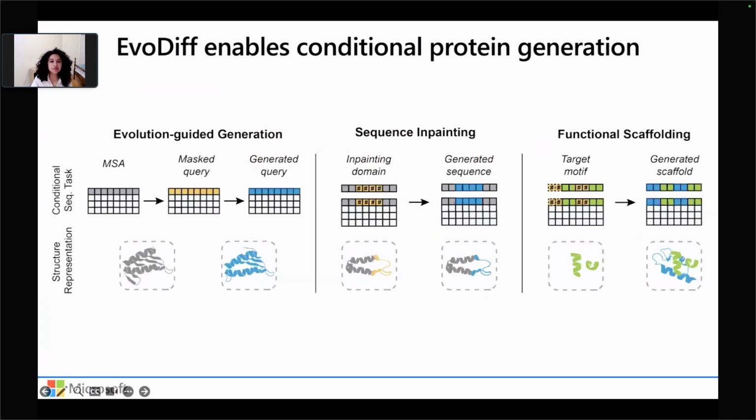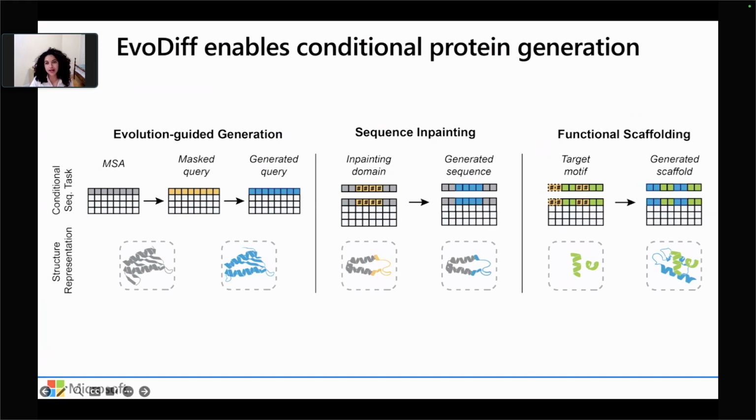And so you can see this come to life across different use cases for conditional protein generation using this paradigm, where we can think about looking at alignments of sequences and effectively masking just a single sequence in that alignment, or even looking at masking arbitrary portions which may be discontinuous within a sequence or within an alignment, and performing in-painting or scaffolding type generations to now condition a new generation on that fixed information.